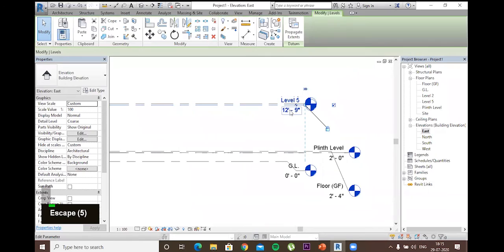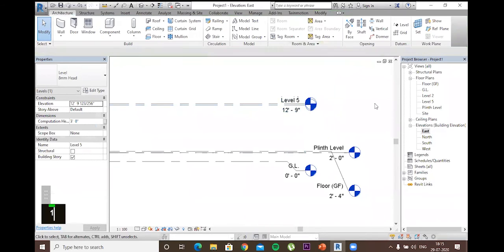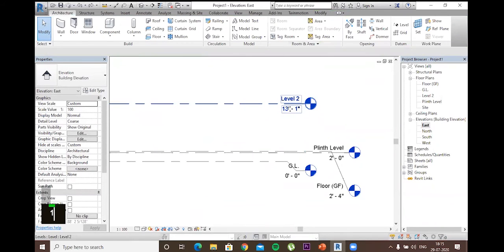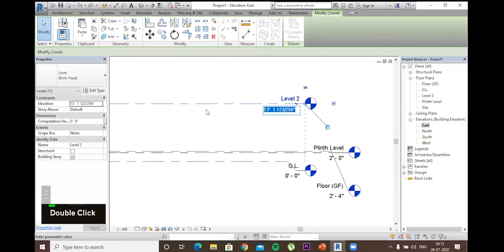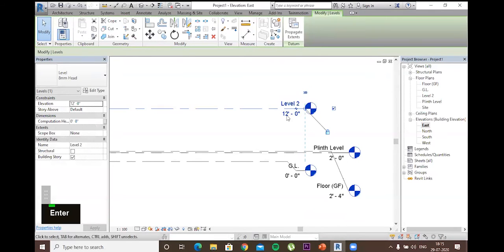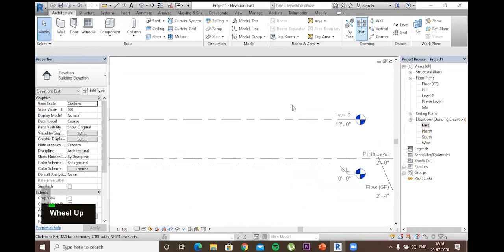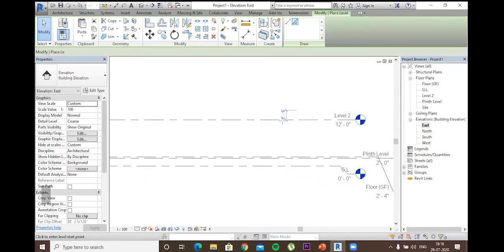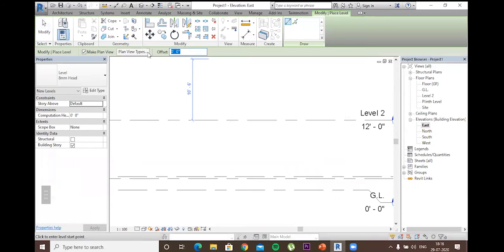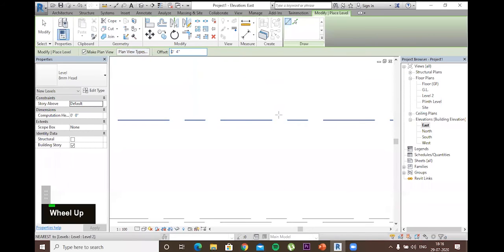From this, at 12 feet will be our top floor, first floor, that is, because we are keeping the floor height of 10 feet. The plinth level is at 2, so 12 feet will be our floor height. And then again we will add another floor level at 4 inches of offset from this.